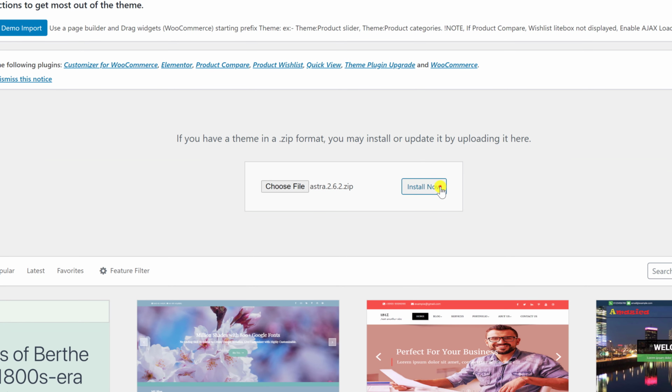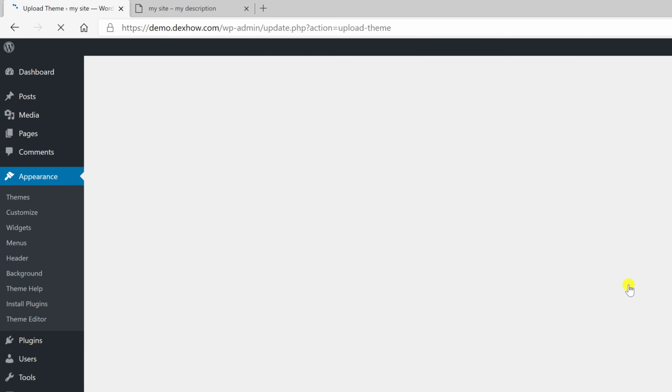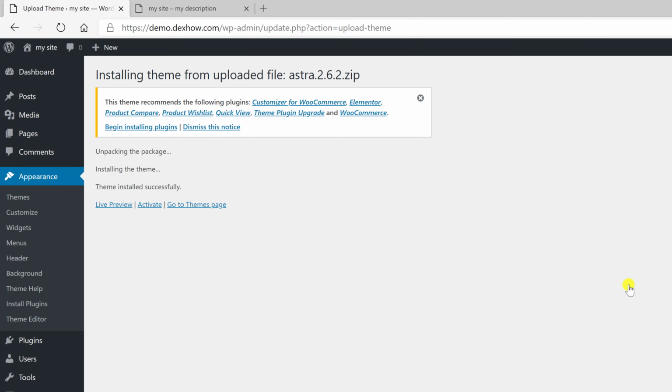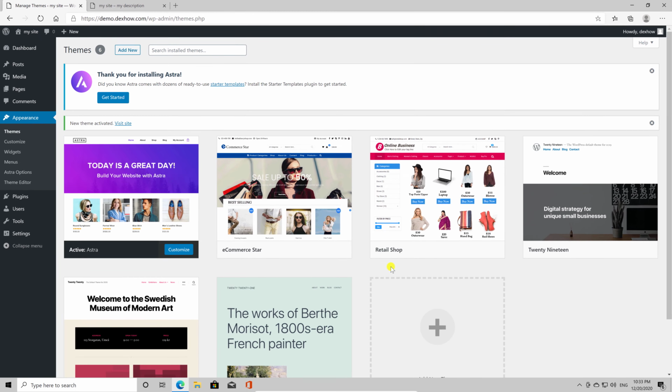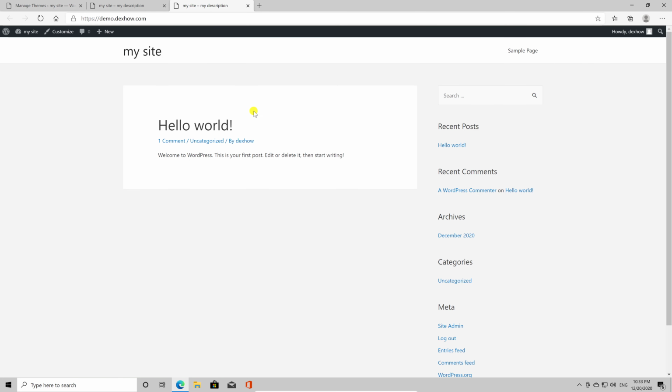Once your theme is installed, you will see a success message, along with the link to activate and preview the theme. Click on the Activate link and you've successfully installed and activated your WordPress theme. Depending on the theme, it may add additional settings options that you may need to configure, either through the Theme Customizer or through a separate options panel. You have now installed a theme on your WordPress site.